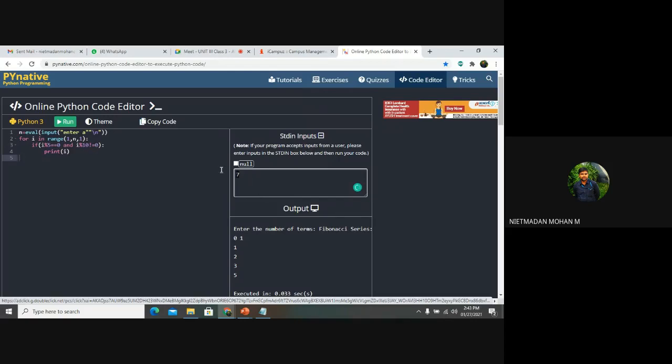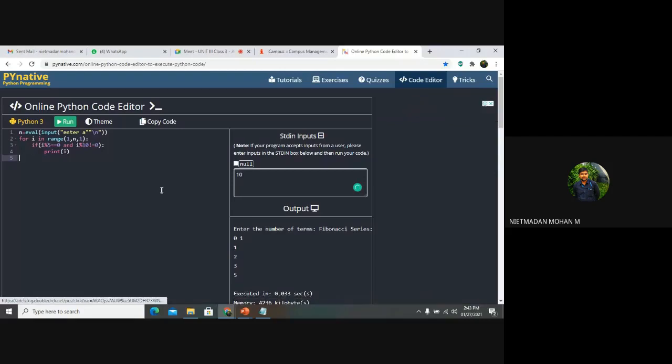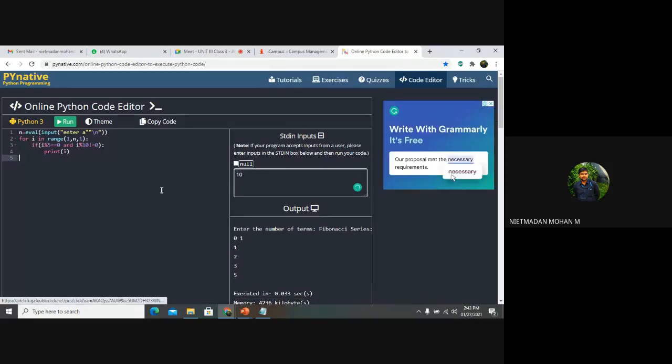Clear? Suppose I am giving a range of 100, right? So, sorry, you take the range of 10. What will be my output? If you give 10, it will take the numbers from 1.